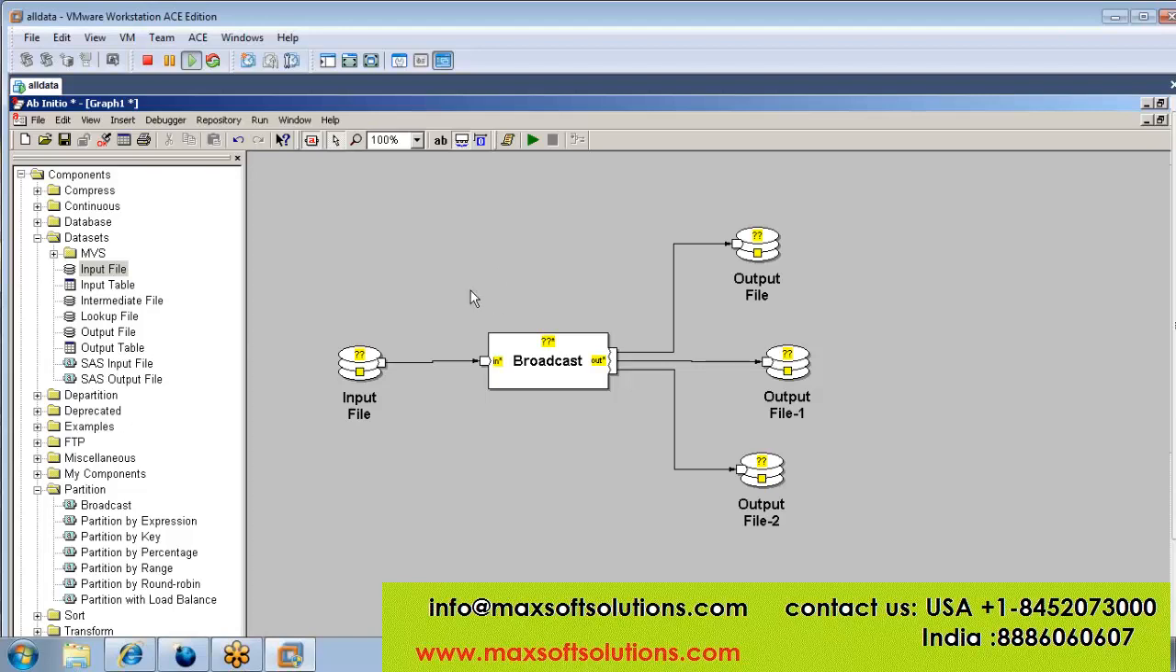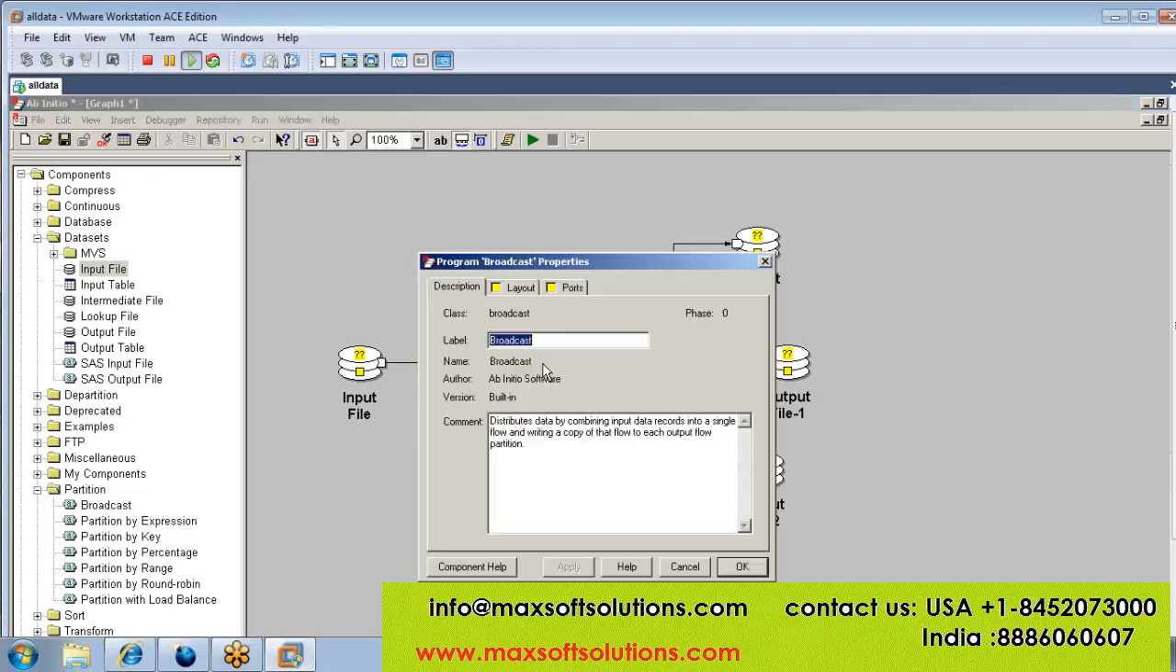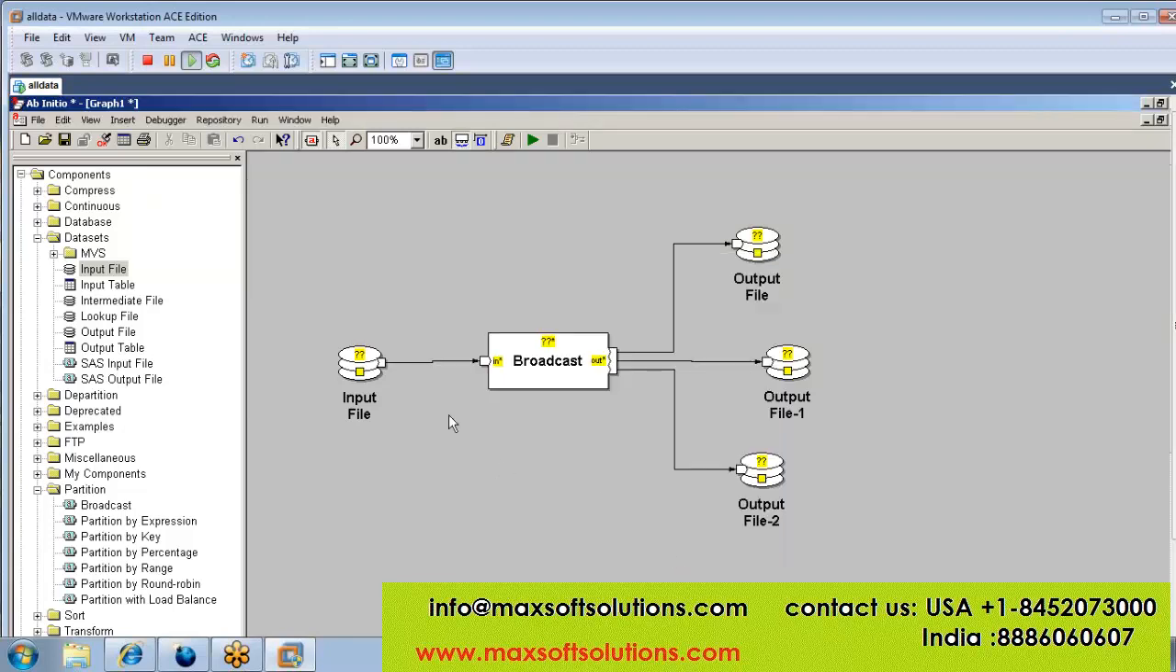Okay. Now, whatever I explained, same thing is in the broadcast definition also. Look at here. Distributes data by combining input data records, means combining input data records into a single flow, means this broadcast component converts into single file, and writing a copy of that flow to each output flow partition. So here,